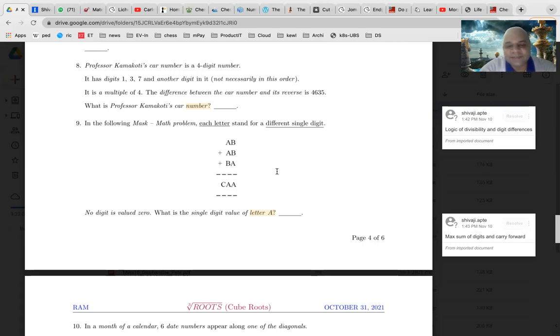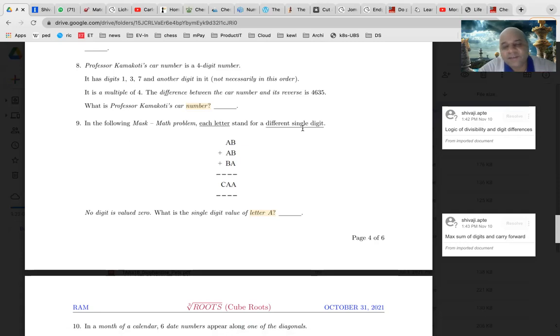Sir, if all of them are 0? No, all of them cannot be 0 because they are different single digits. Okay, B cannot be equal to A, different values. Yeah, right. So that is why the only possibility is B is either 0 or 5. Okay, this much you know. Now you will be able to crack the remaining thing. Now let B be 0.